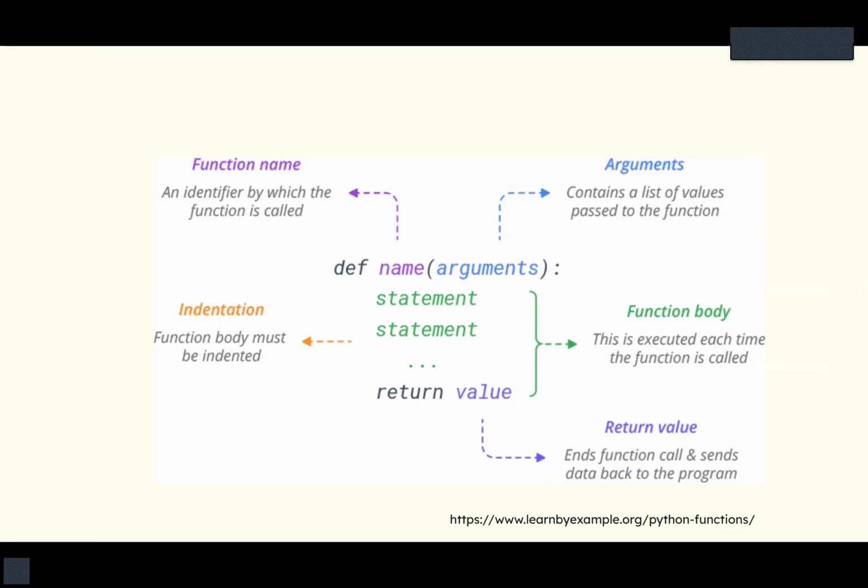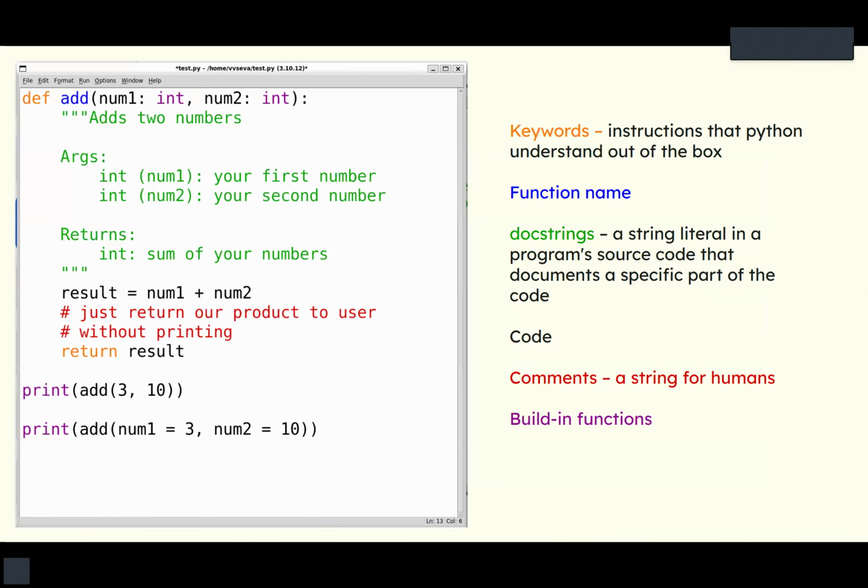Then there is the body of the function, basically all the programming that is happening within the body of a function. And at the end, we use a special keyword called return, where we're returning some sort of value. What's the result of our function? What's an output of our function? Let's take a look at our really simple example